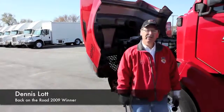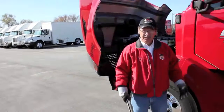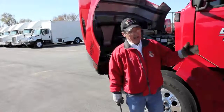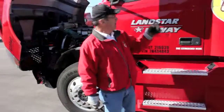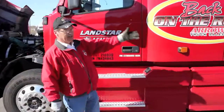We're going to do a quick pre-trip on the truck here. This is pretty much how I do it, but you may have different techniques of doing your pre-trip. But I think I hit most of the areas that you're supposed to hit on a pre-trip. When I get out of the cab and I start, I've got my lights on, my four-ways on, and I'm going to start right down through here and go down and around and come back up the other side